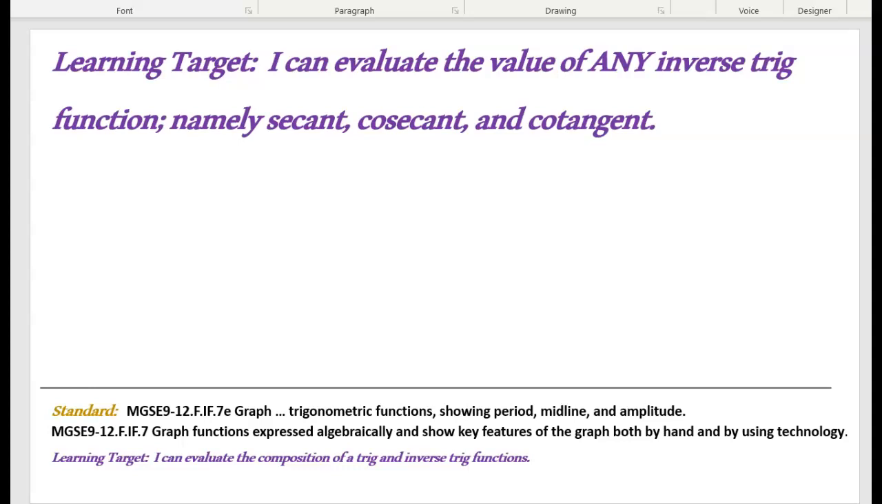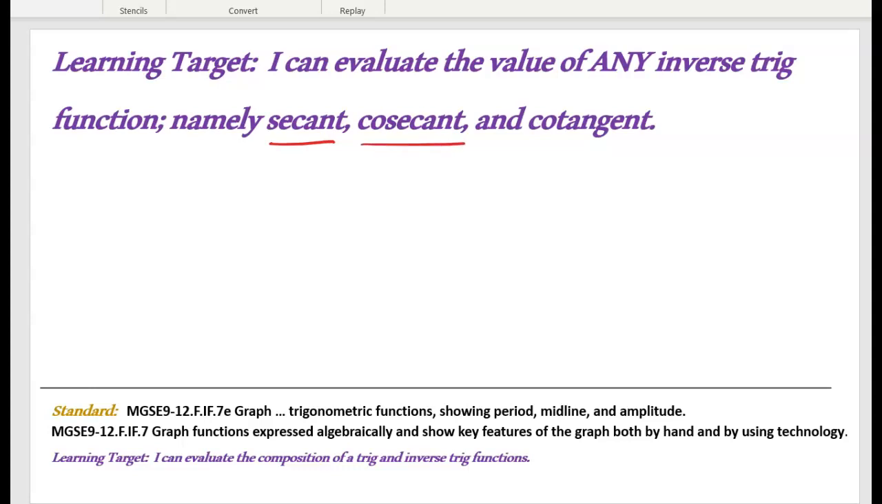All right, video 3 dealing with inverse trig functions. The first video was just, here's the definition of inverse sine, inverse cosine, inverse tangent with a few examples. Video 2, deep into composing functions. Now, the goal is how can I find the inverse of any trig function, namely for this video, inverse secant,